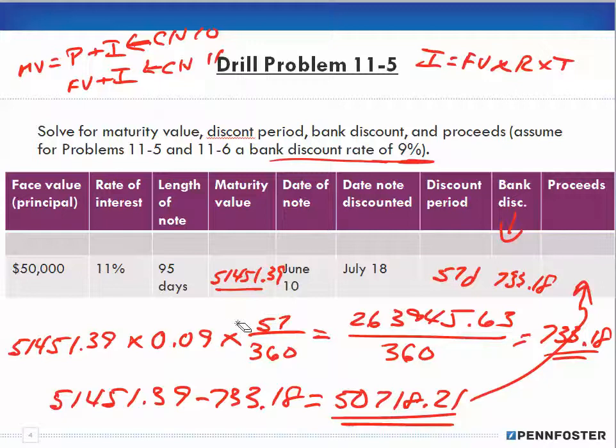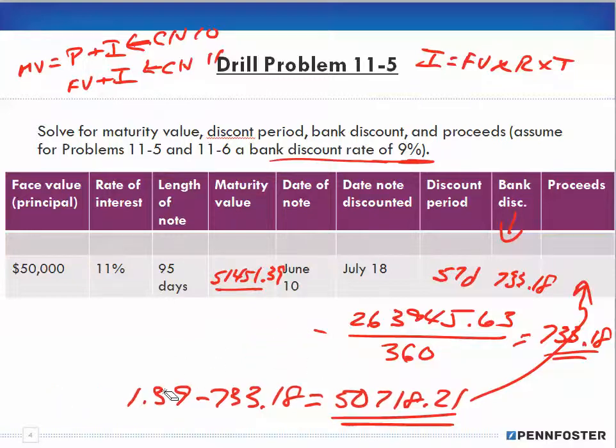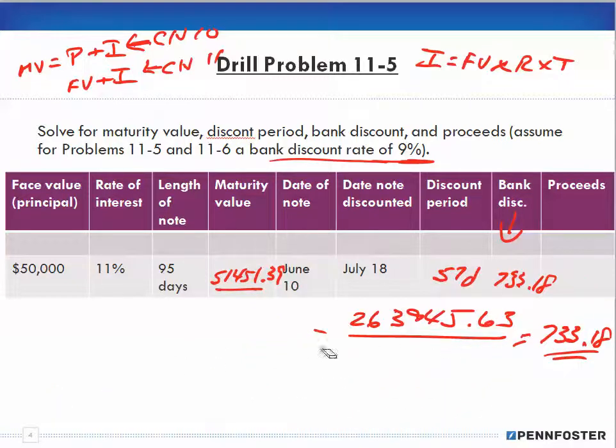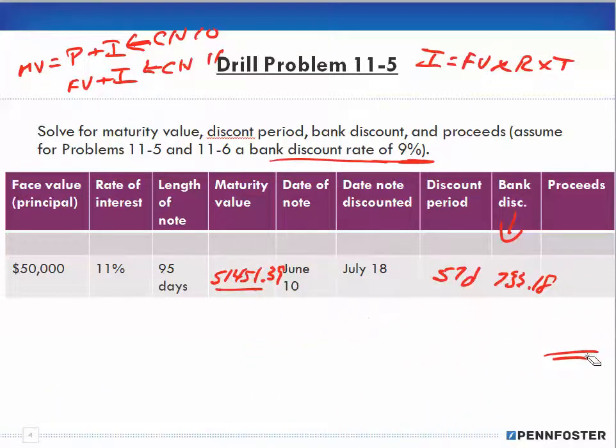Okay, I'm at 12 minutes, so I'm going to stop the video, but if you understood everything, go ahead and stop the video and move on to the next one. But I'm just going to quickly recap what happened for this particular problem. It says solve for the maturity value, then the discount period, then the bank discount and the proceeds. So to solve for the maturity value here, we took the 50,000 at 11% for 95 days